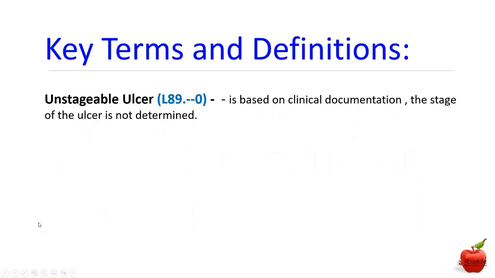So now if a patient has an unstageable ulcer and it's L89.--0, what you want to pay attention to is the L89 and that it ends in zero. This stage is undetermined. That means that based on the clinical documentation, the provider can't determine the stage because